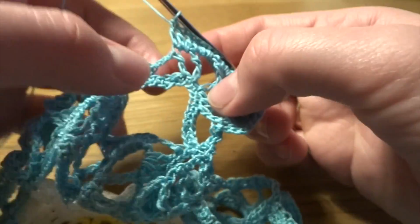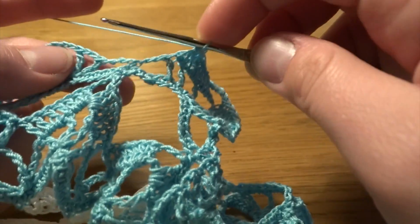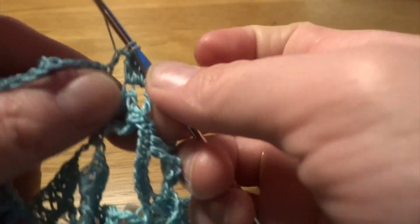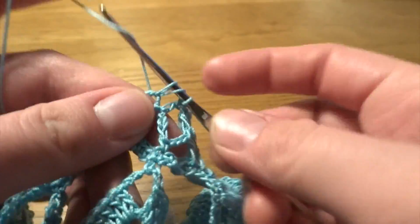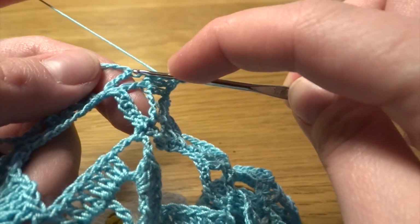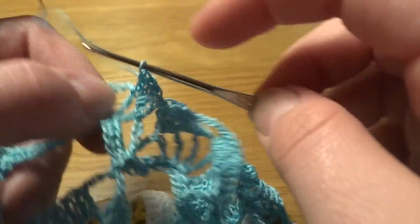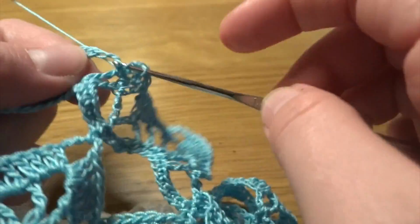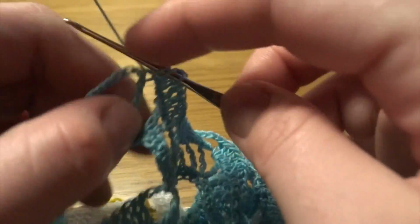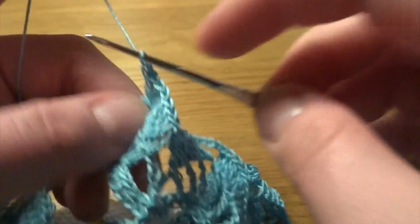And now again we need to skip chain stitch, single crochet, chain stitch, and 1 double crochet into the next double crochet, 2 double crochets into the chain 2 space. So from now actually we are starting repeating what we've done at the beginning, 1 double crochet into the treble crochet, then 2 double crochets into the chain 2 space, 1 double crochet into the treble crochet, double treble crochet, and into the chain 5 space 3 double crochets,